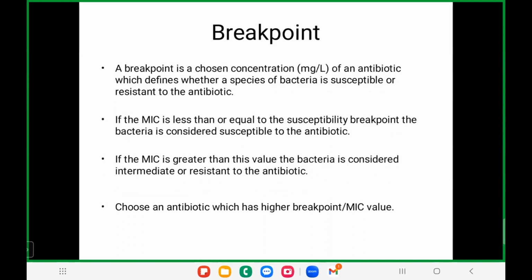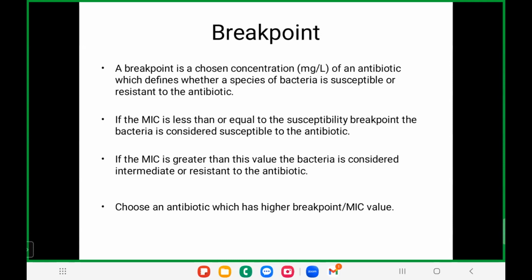So breakpoint is another thing which will tell whether your drug is sensitive, intermediate, or resistant based on the breakpoints. These breakpoints, I already told, are not set by our local microbiologists; they are international standards. What our microbiologist should give is only the MIC. You have to compare the MIC you got for that organism to the standard MIC breakpoints given by international societies like CLSI and EUCAST.